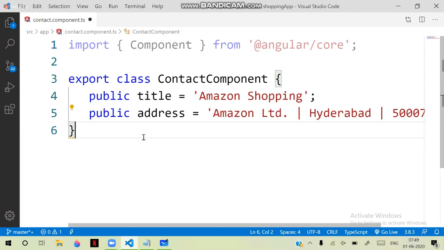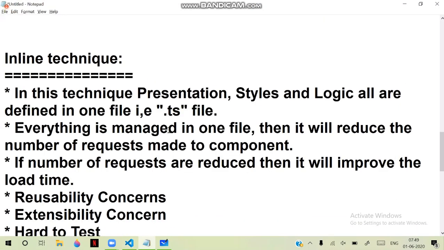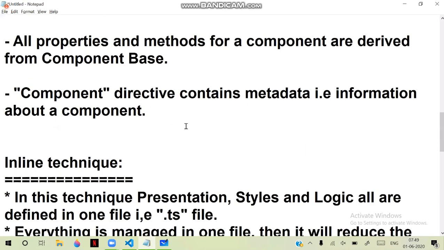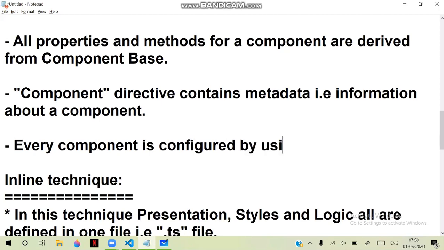That means where to pick the logic from, what the presentation should be, how the UI should be, everything we need to define. Important, whenever you are designing a component, we have component metadata. Here I will define that. Every component is configured by using